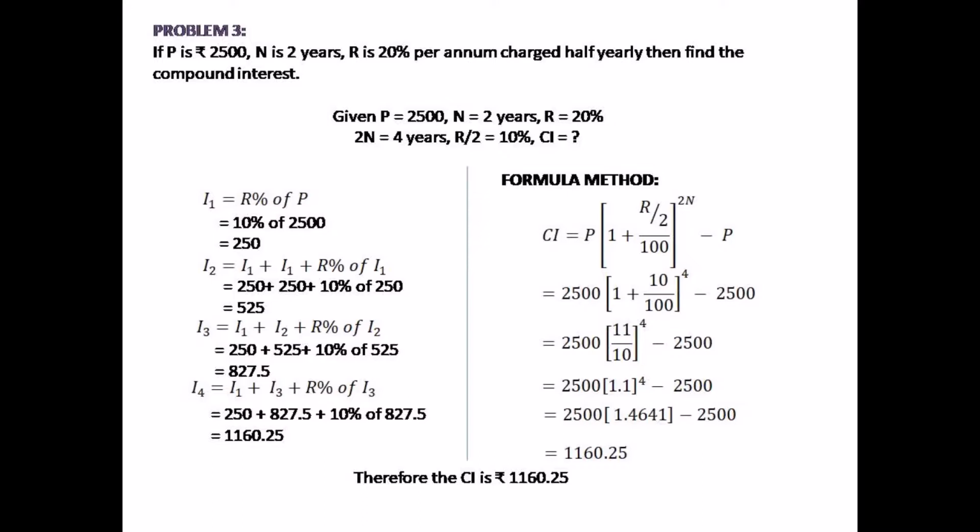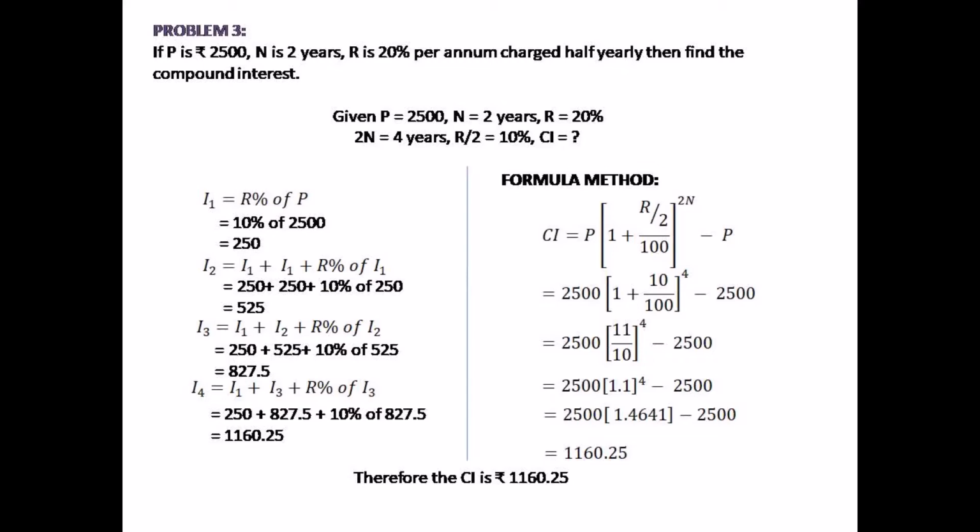I2 equals I1 plus I1 plus R percent of I1. That is 250 plus 250 plus 10% of 250. Gives I2 is 525. I3 equals I1 plus I2 plus R percent of I2. That is 250 plus 525 plus 10% of 525. Gives I3 is 827.5. I4 equals I1 plus I3 plus R percent of I3. That is 250 plus 827.5 plus 10% of 827.5. Gives I4 is